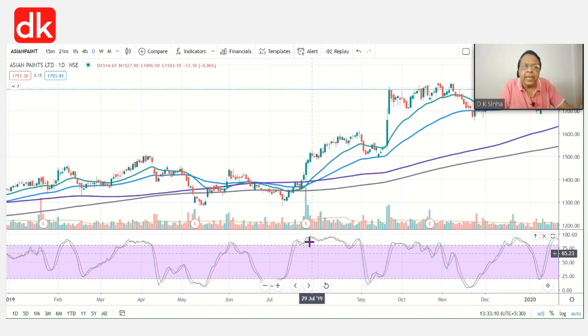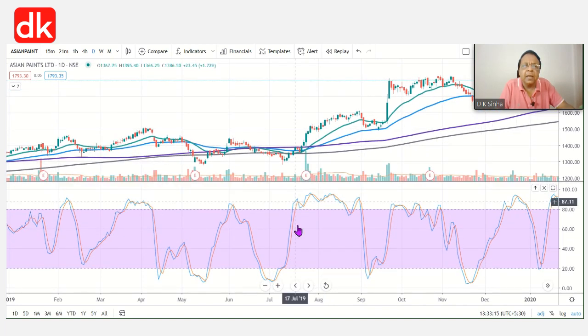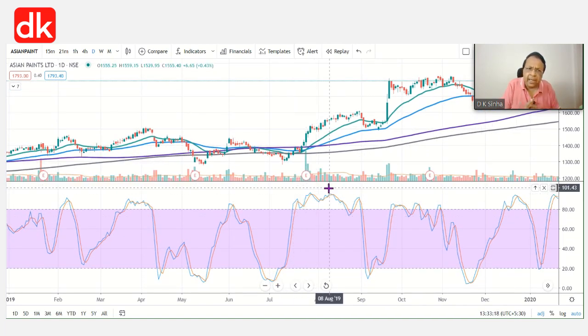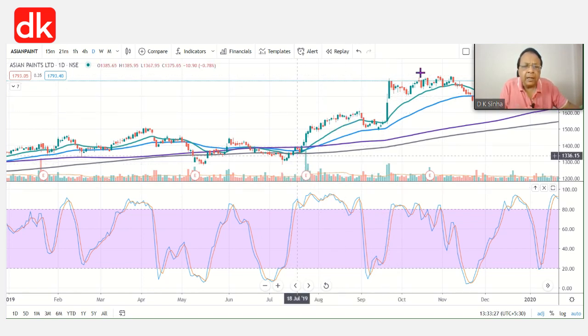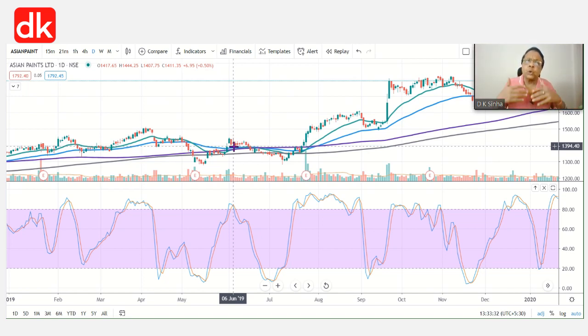Because here it has done a cross under also. You can check. I am making it a little larger. You can see number of crisscrosses there. Means in overbought area, stochastic has shown an under cross. Despite of that, the market kept on rising. So when stochastic is in overbought area and the market is in a strong uptrend, it indicates nothing. It's not significant at all.